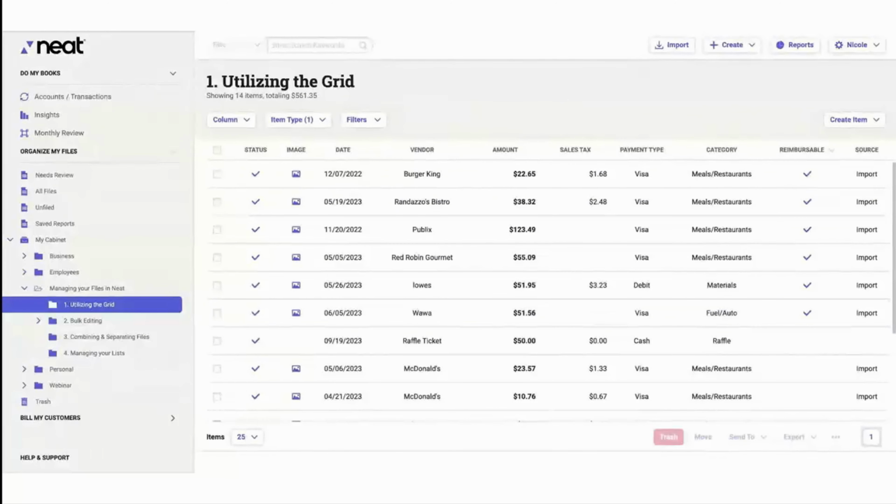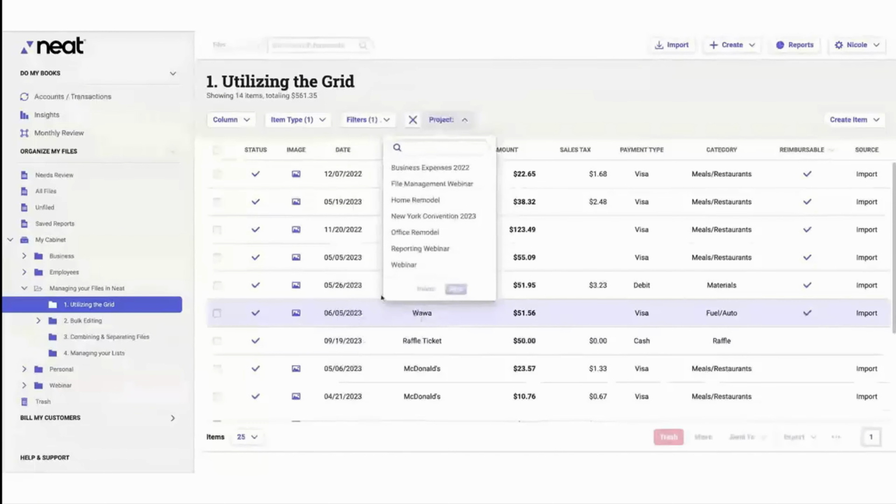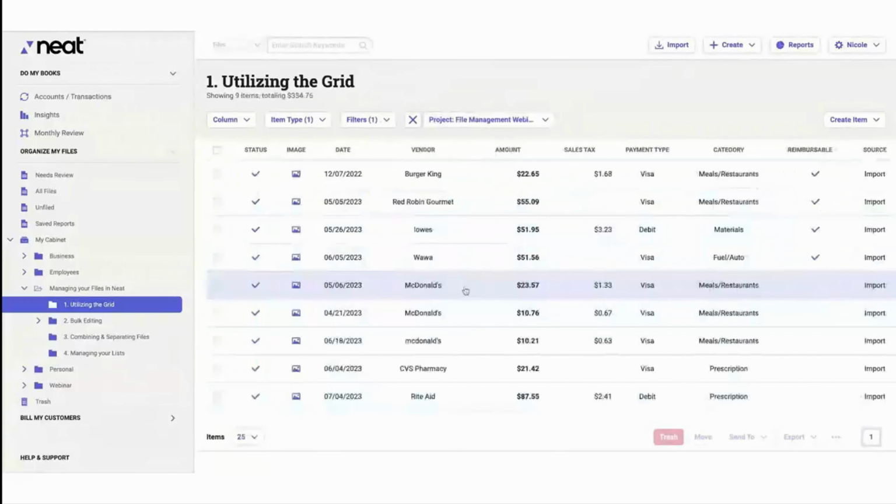Another thing that you can do with the grid is you can add multiple filters to your grid to help you filter down and find a file you might be looking for. So we've already added an item type filter, but we can also add other filters here. So let's go ahead and add a filter for project. And we're going to choose file management webinar project,